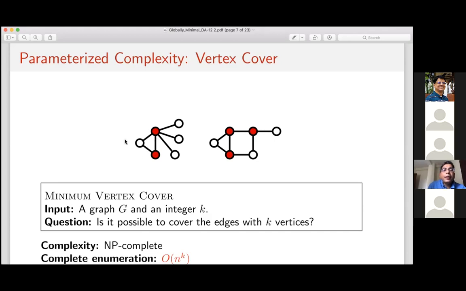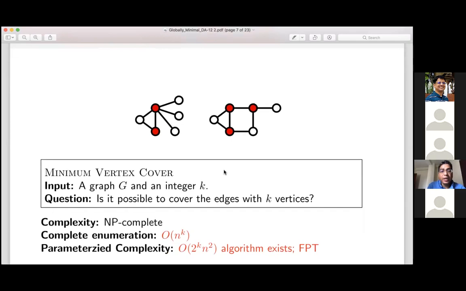So in total, you can see that these 2 vertices cover all the edges of this graph. So these 2 vertices form a vertex cover for this graph. And similarly, you can see that these 3 vertices form a vertex cover of this graph. And these are the minimum. So the vertex cover problem is a minimization problem. Given a graph, you have to find the smallest set of vertices which cover all the edges of the graph. Okay, so this is a very classic minimization problem.